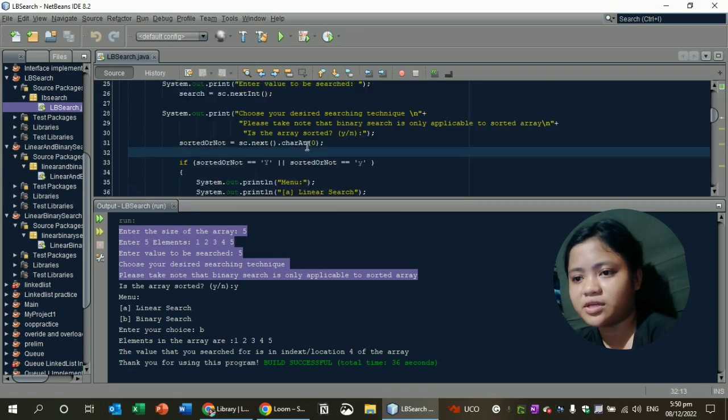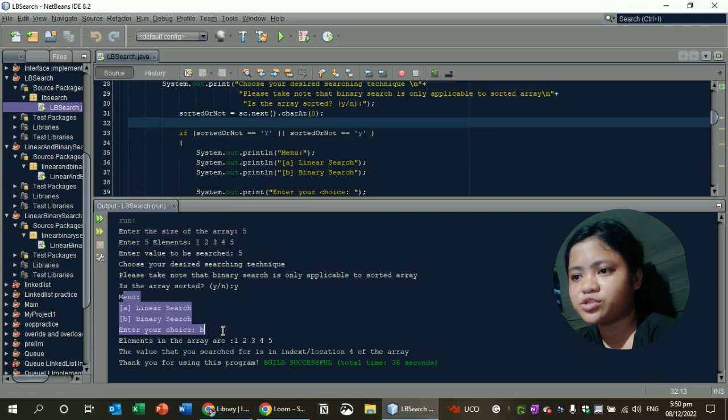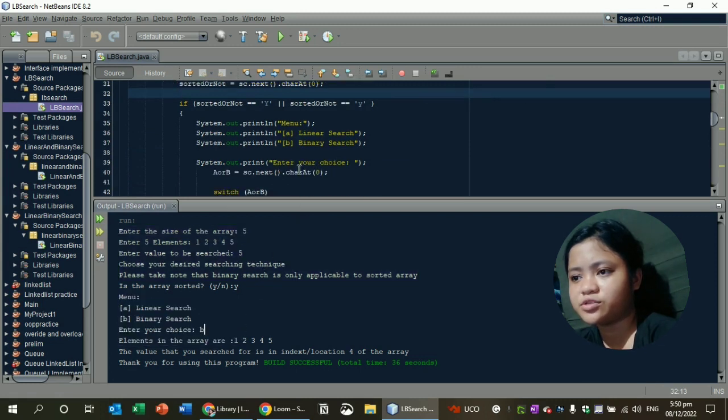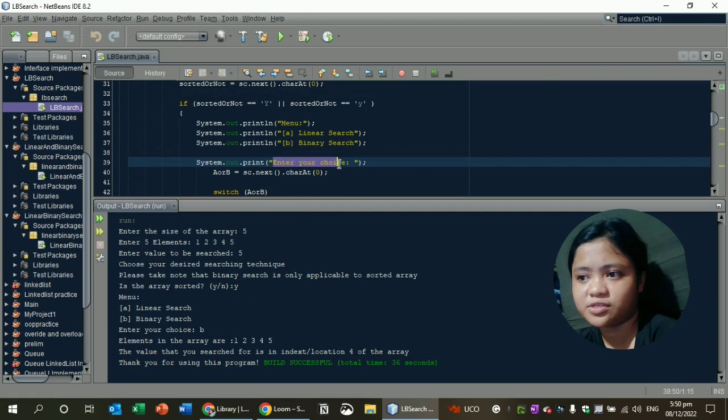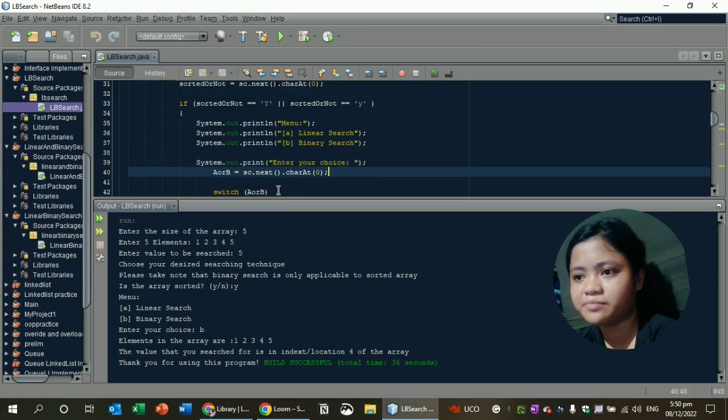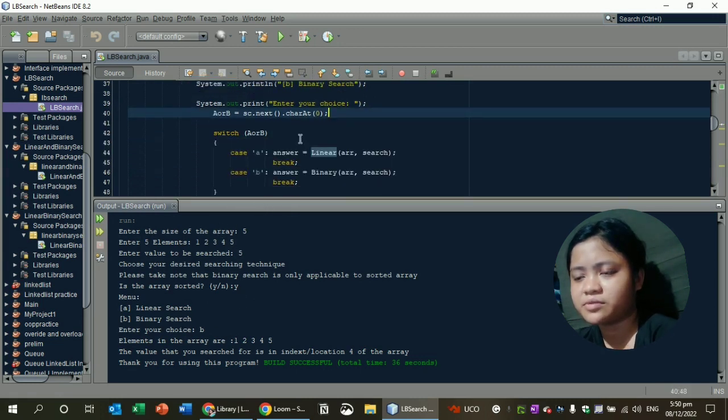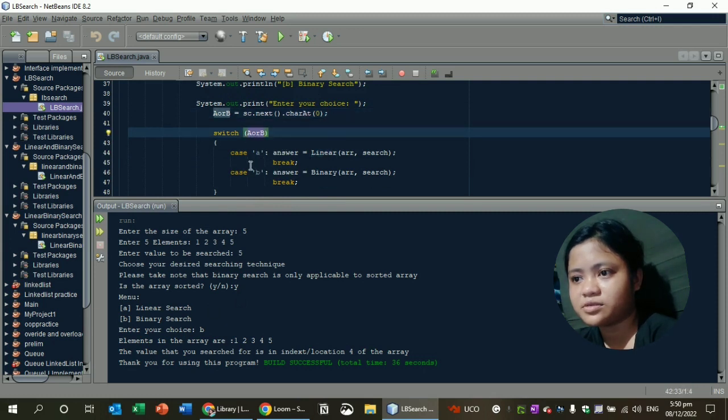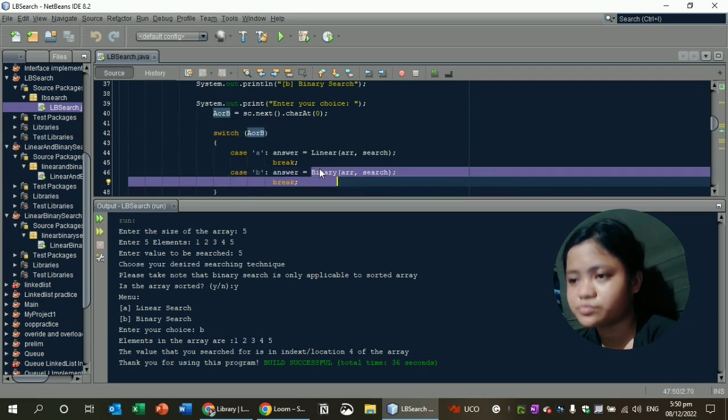So we print again the menu. The program asks us to enter a choice. This time I chose B. So in our switch statement, I have chosen B. That's why this is another method call. We jump to